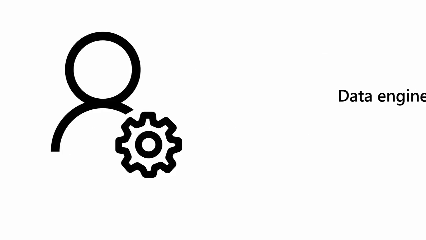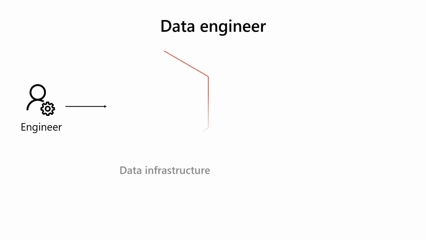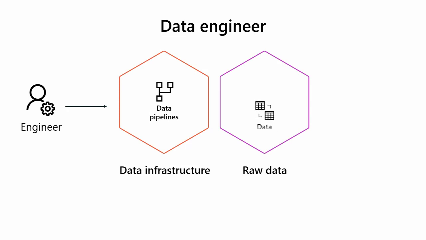To understand a data engineer's role, imagine you're creating a garden. The data engineer is like the person who designs and constructs the irrigation system, delivering water to each plant. They build and maintain the data infrastructure, including designing, constructing, and integrating data pipelines. They clean, pre-process, and transform raw data into a format that can be used by data analysts and data scientists.